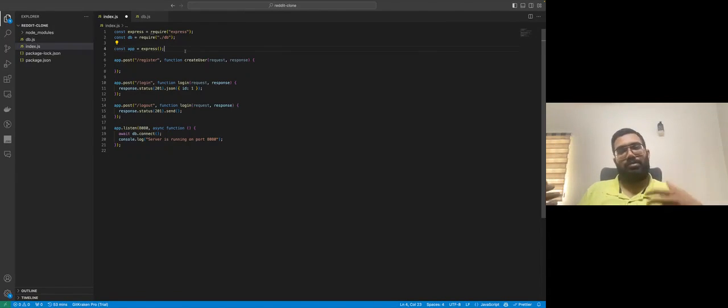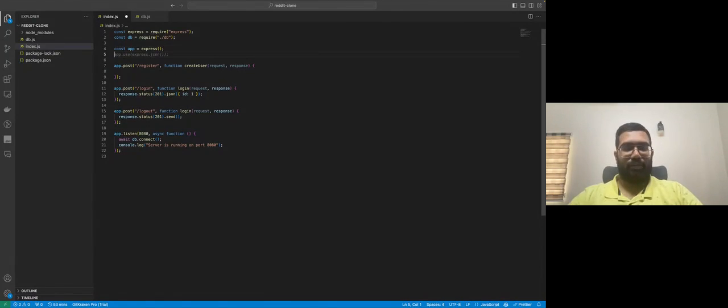So the client is going to send data in a particular format, and the server is going to receive that data and read it in that format. So there needs to be an understanding between the client and the server as to what format to use. Now, the most commonly used format here is the JSON format, and that is something that we are going to use here. So, Express as a library gives us something called the